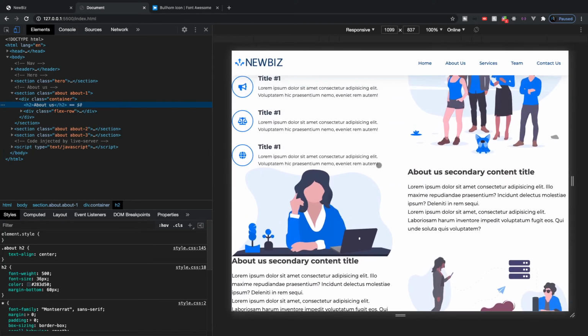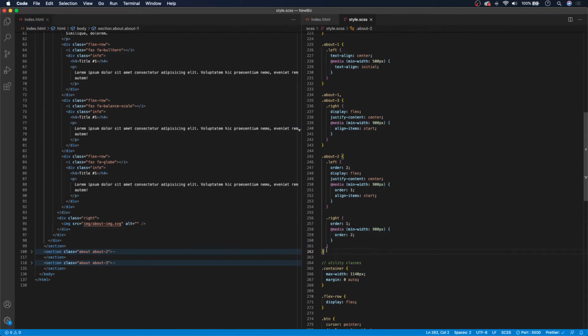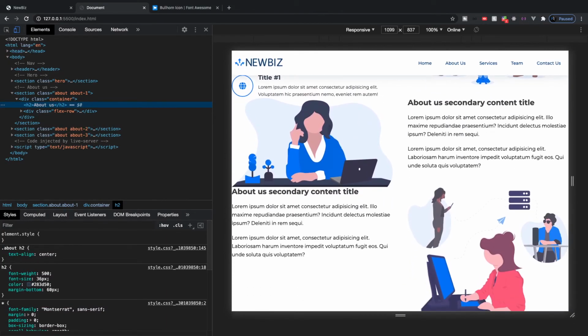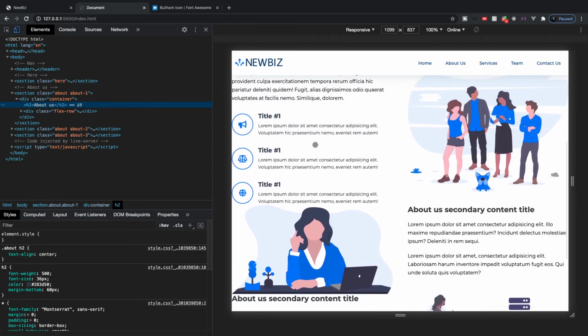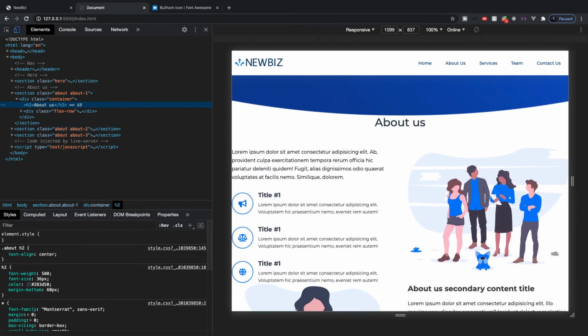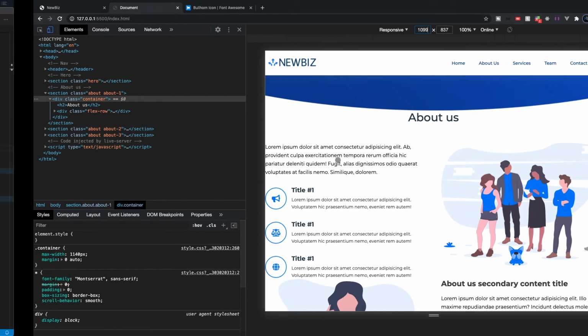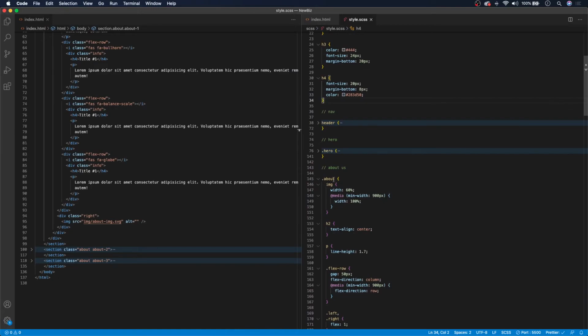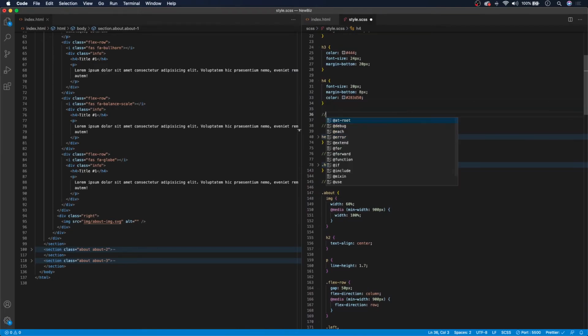Now, last thing I want to go ahead and target is we're going to say about 2, and then about 3. We want to change the paragraph, or the p tag, to have a margin bottom of 20 pixels to add some separation in between this right here. Okay, so lastly, what we need to do is begin to add some padding to these sections. Now how we're going to do this is we're going to head to our style sheet here, and instead of adding the padding directly to our about us style right here, we're going to go ahead and create a new comment and call this